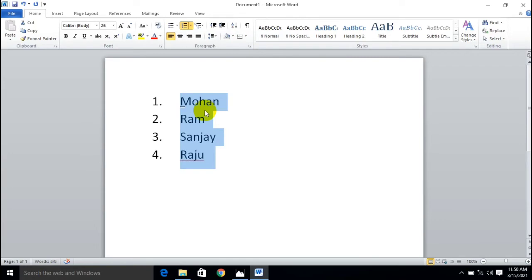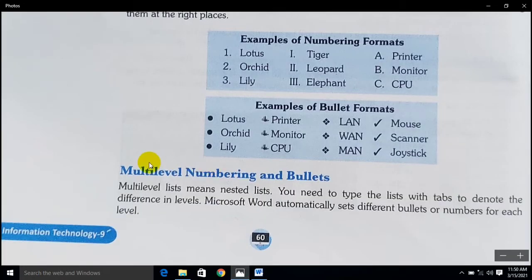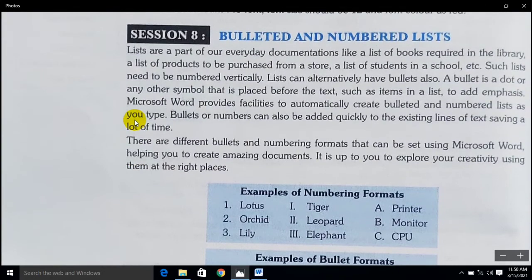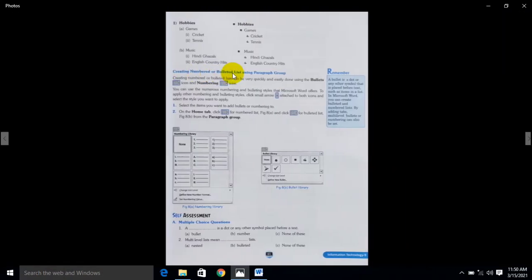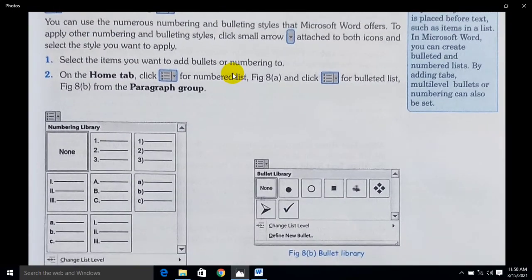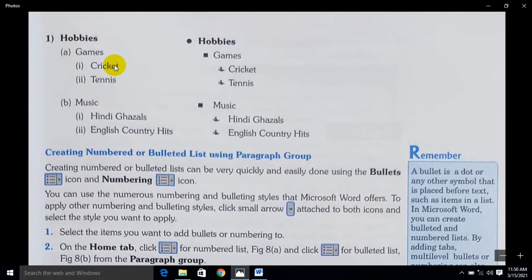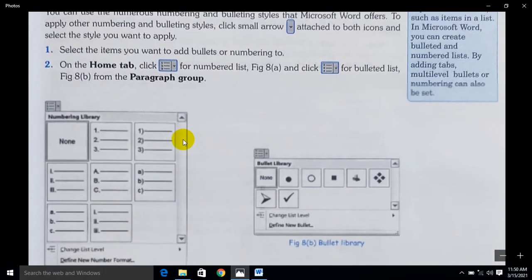So basically this fundamental describes how we can assign bulleted and numbered lists when we are working on listing-type documents. We have seen how to create such number systems and bullet systems.